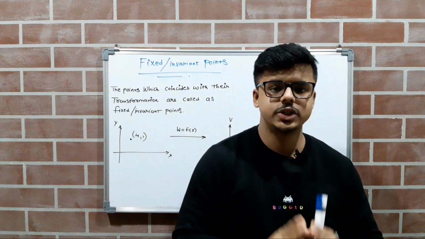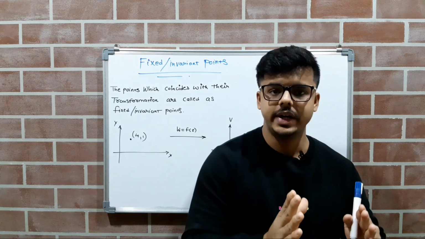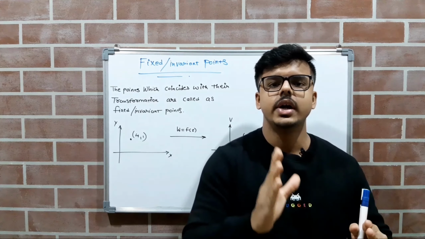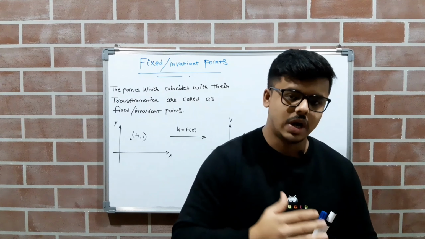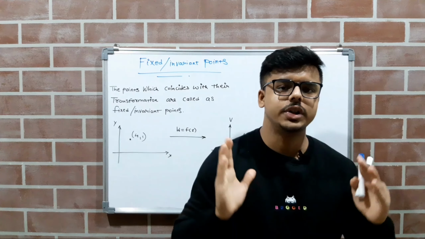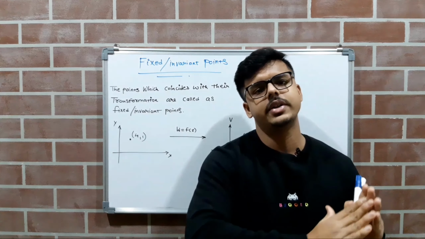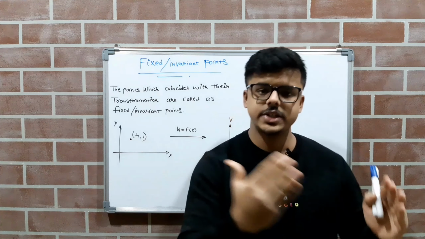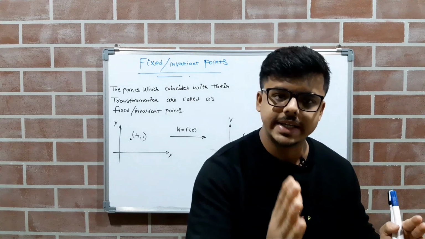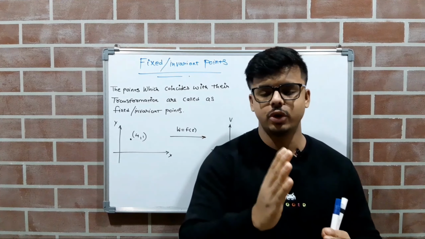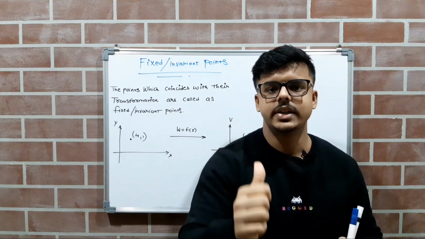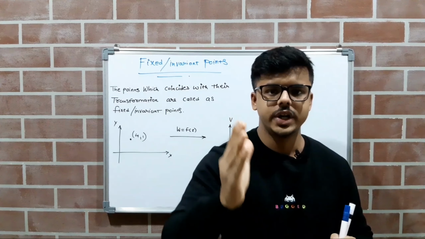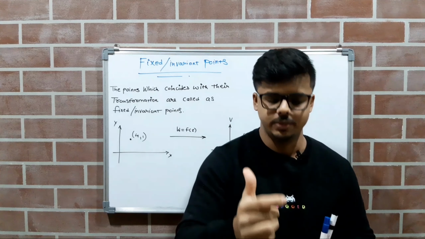For that, assume that you are having a point, let's say (4, 2) in the z plane. Z means our xy plane. After performing a certain operation on this point, if you are transforming this point into the w plane, that is the UV plane, and you get the same (4, 2) point in the w plane also, then you can say that this point (4, 2) is a fixed or invariant point in a bilinear transformation.